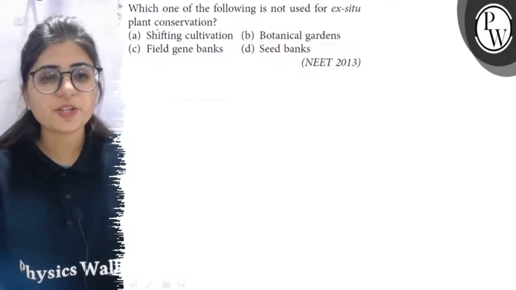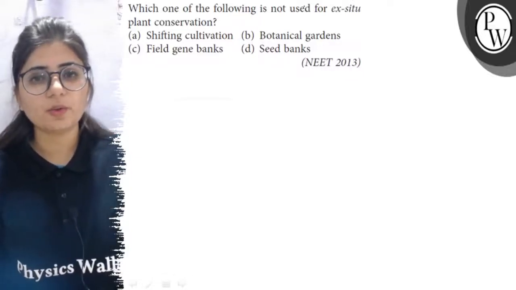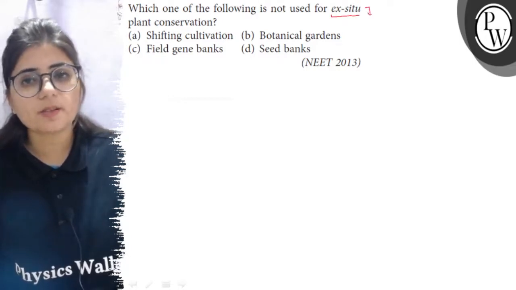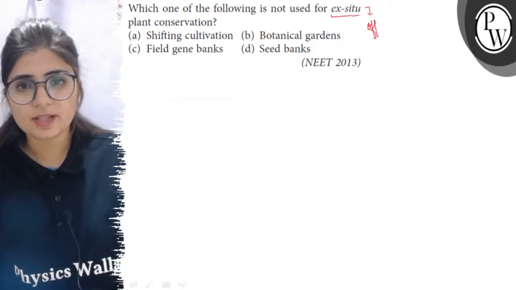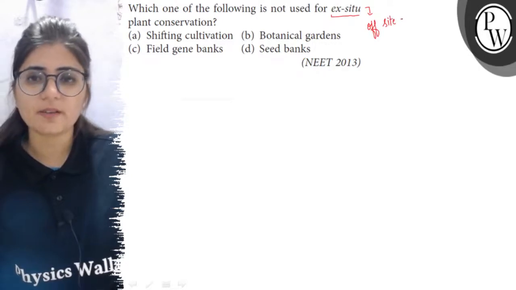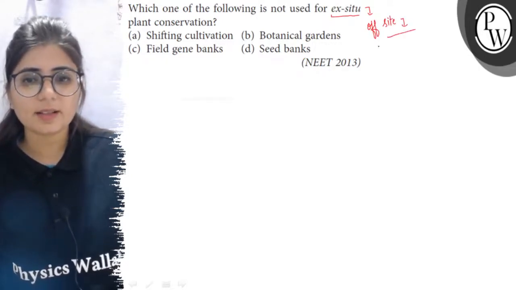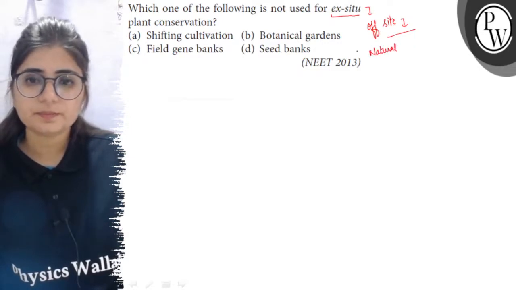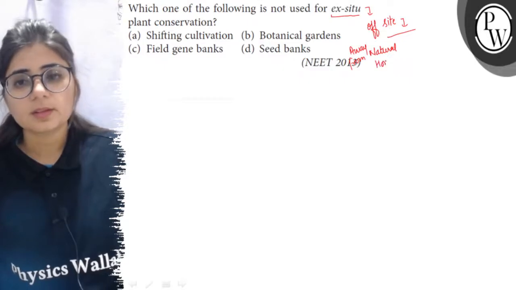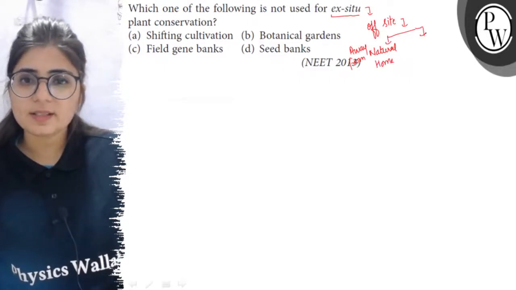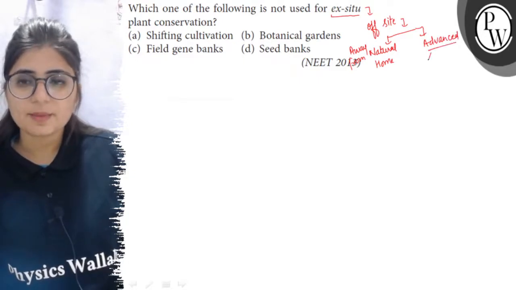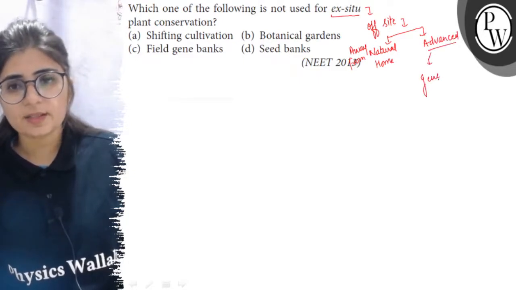Hello bachcho, the question is which one of the following is not used for ex-situ plant conservation? When we say ex-situ conservation, it means off-site conservation of biodiversity. It means either the organism is taken away from its natural home, or it includes the advanced ex-situ conservation, where the organism's genes are protected, so it is known as gene